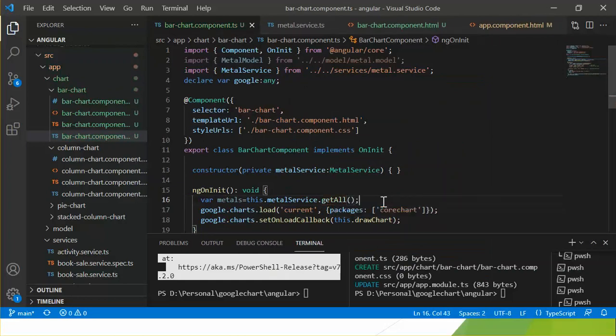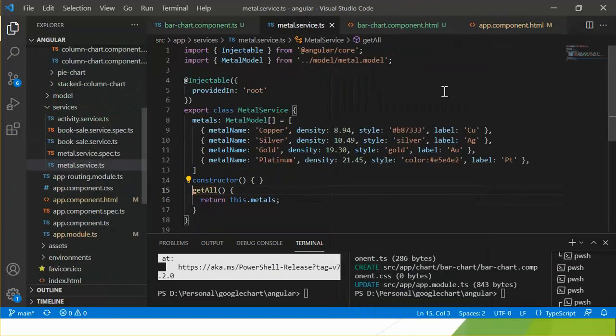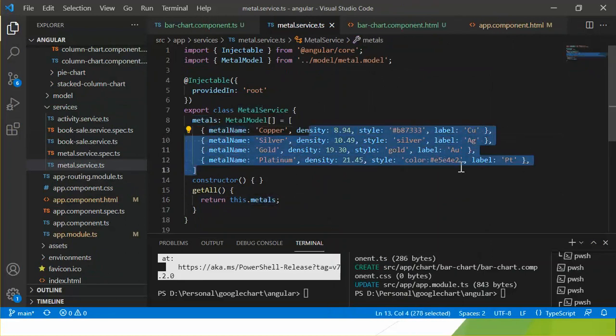If I go to the getAll method, here this getAll method returns all metals. This metals is an array of metal model objects, and the metal model has the properties metal name, density, style, and label.